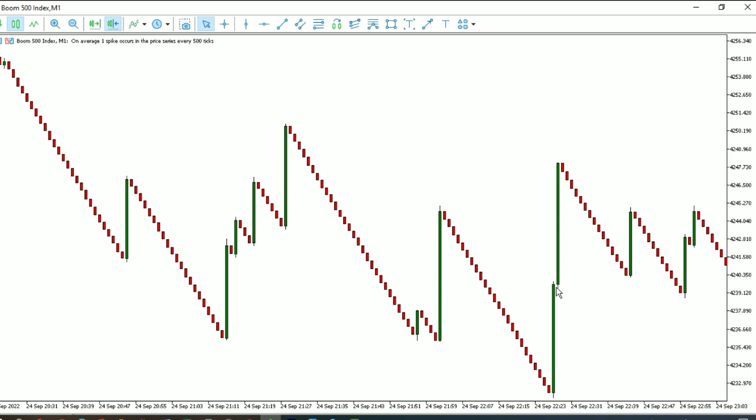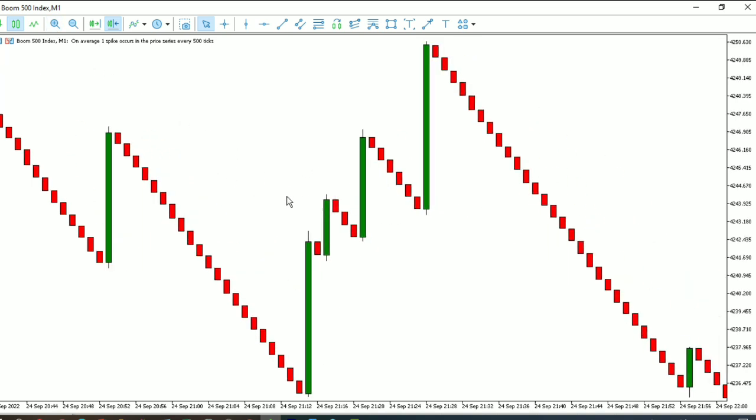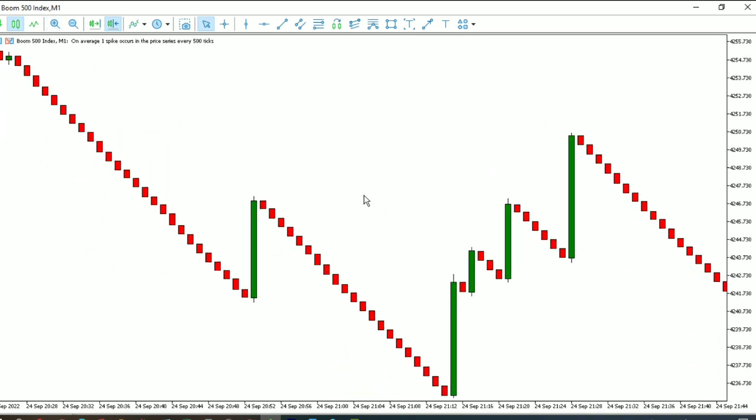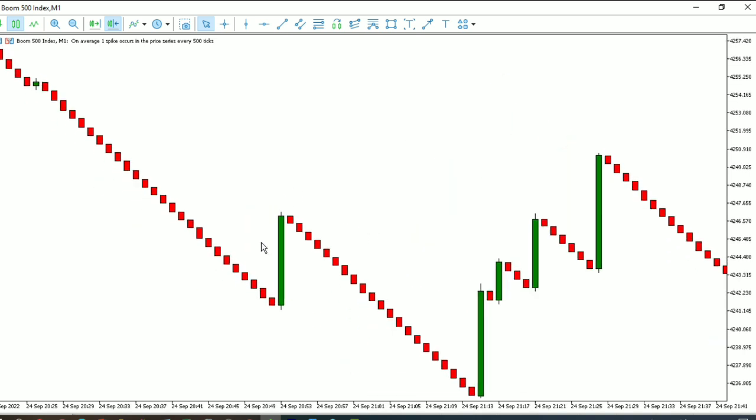Now let me explain to you what is happening to most traders in boom and crash. Maybe you've already heard me saying this, but you just need to hear it again, right? So most people want to try and scalp like 5, 4, 3 candles on these small tick candles here. So what these small tick candles do is each and every one of these,